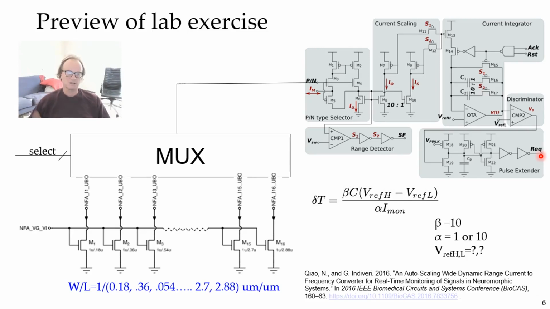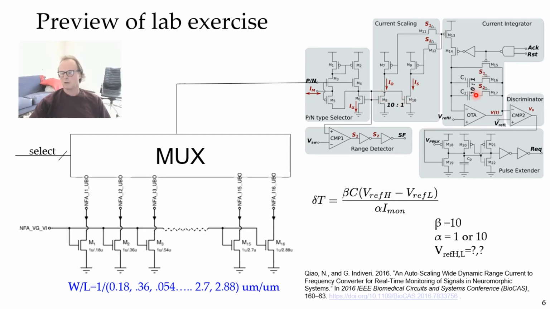That just counts the number of pulses over some fixed integration time. And so now you can work out that the delta time between these spikes, these pulses here, is related to the difference in reference voltages. If you make those bigger, of course, delta T is bigger. Also, the size of this capacitor, C, the integration capacitor right here, and some other ratios like beta and alpha that have to do with whether you choose 10 to 1 here